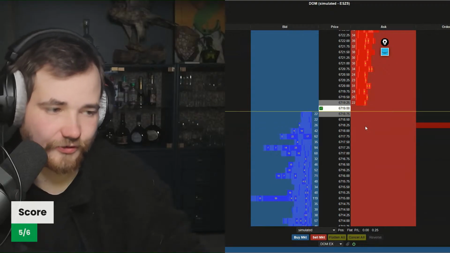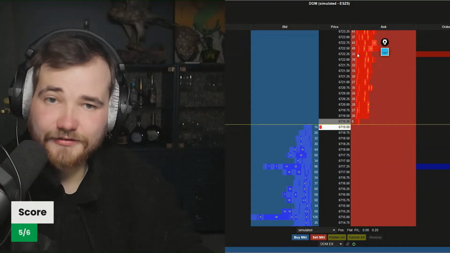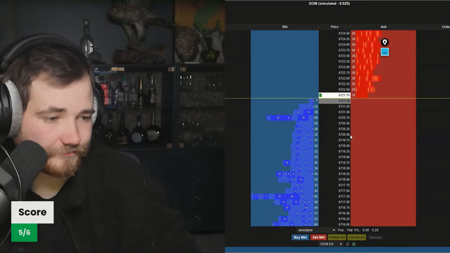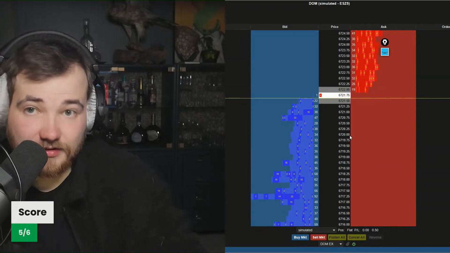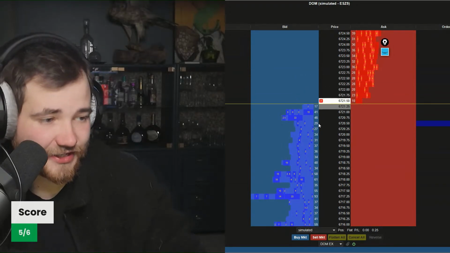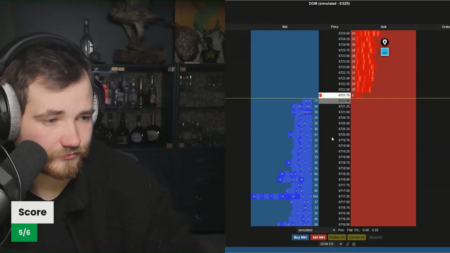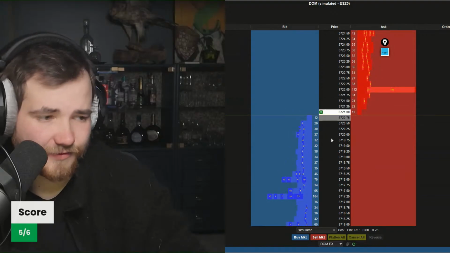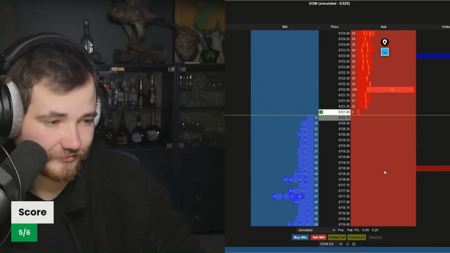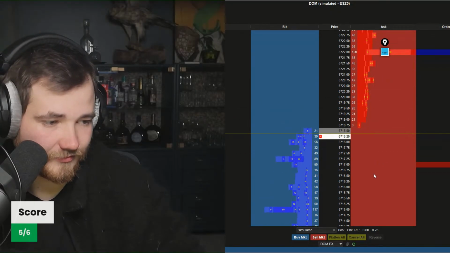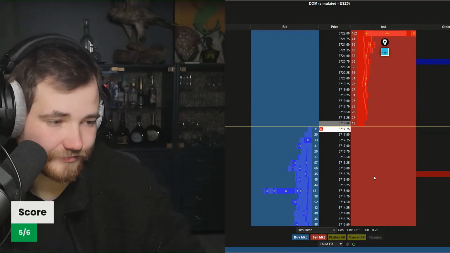So we could look for a short trade technically from these areas. But I can't remember where it started from, so I would have to wait a little bit. But yeah, feels like my strategy here is not working for now. We are 5 and 6. Let's wait for a new snap. Get that snapping turtle move.